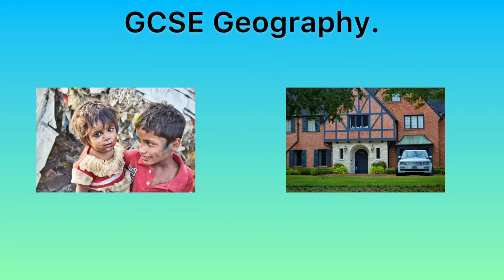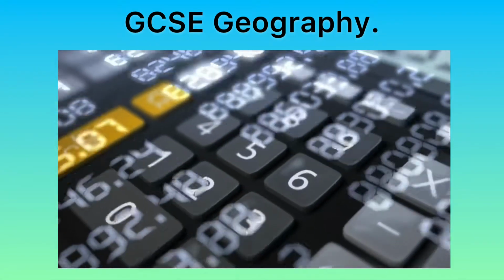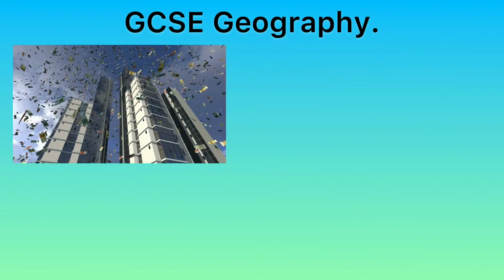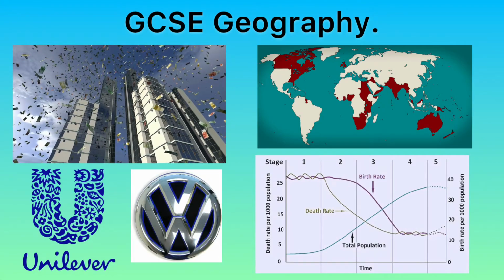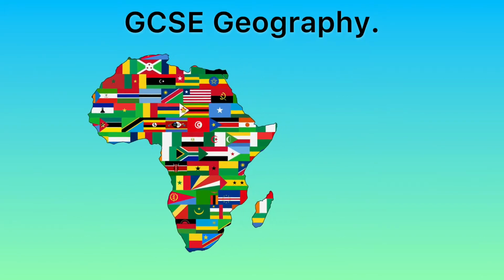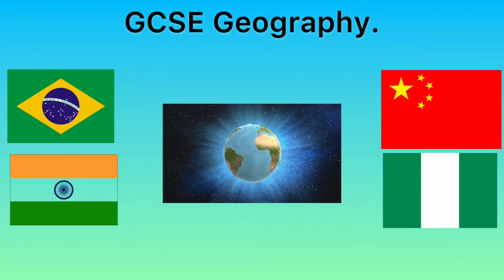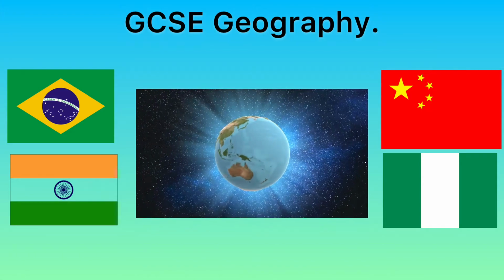Next is Section B. You'll investigate global inequality, how it can be measured and reduced. You will also investigate how the world is changing economically, from colonialism to demographics, from transnational corporations to international relations. We need to see how people in emerging economies can develop top-down or bottom-up strategies to reduce the development gap. You'll focus on one of the world's emerging countries, looking at its location and the impacts of rapid growth for